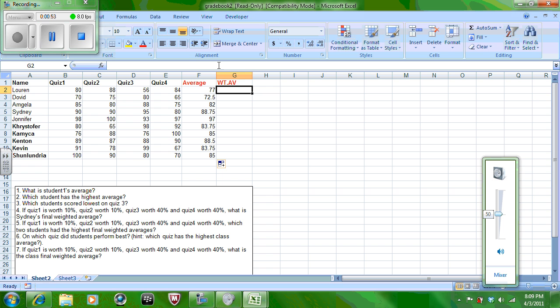Now for the weighted average, you will go up to the formula bar next to the FX key, and you will enter equals B2, which is Lauren's first grade, times 10%, because that first test is worth 10%, and then you would do plus C2 times 10%, because that test is worth 10% also, and then you would do plus